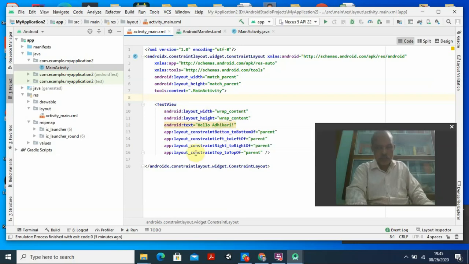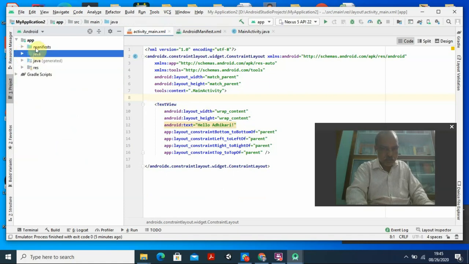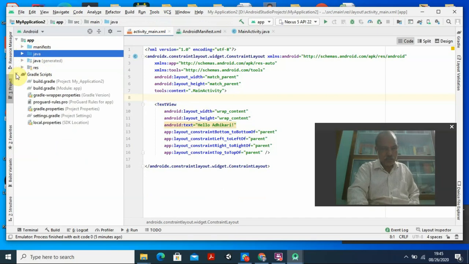Okay, so till then, goodbye, and if you have any doubt we can talk. But before that, I want to tell you these three important things that make it meaningful to you. One is the manifest, second is the Java, and third is the res, or the resources, and finally the Gradle scripts. Under the Gradle scripts also, I told you it is only used for build operations, and whatever is necessary, it arranges everything, and you need not do anything here. There is no manual interference. It is the Android operating system, it does everything for you.